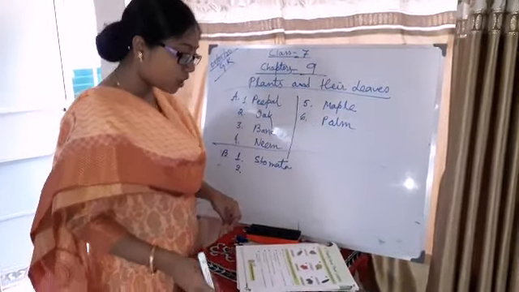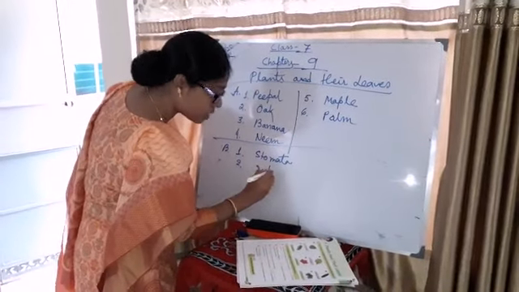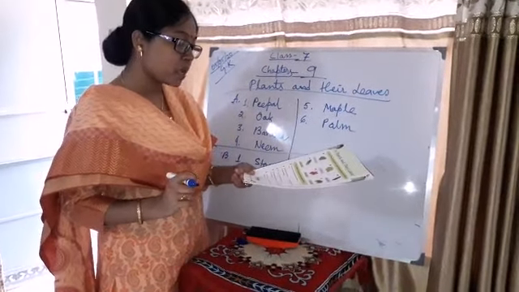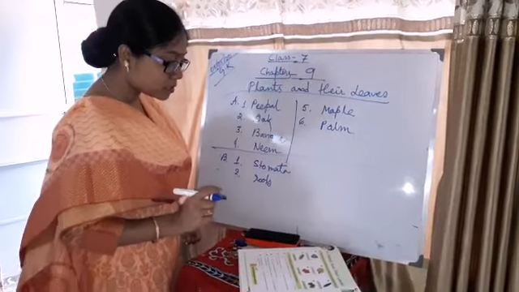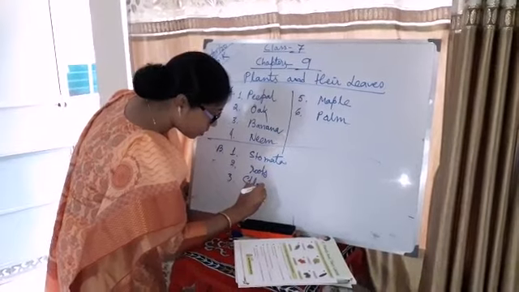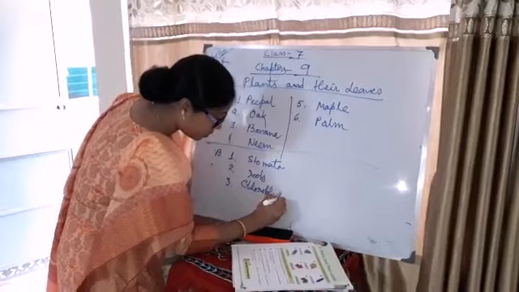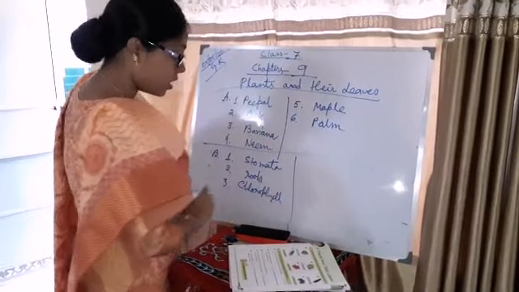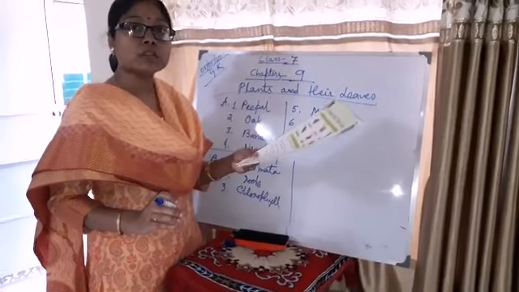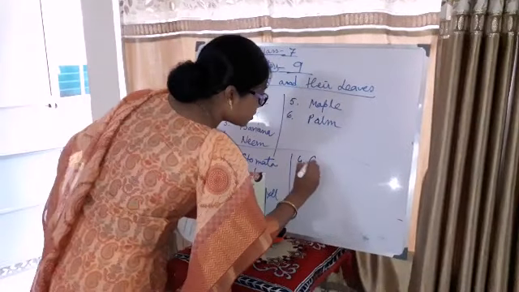Clear? Water is absorbed through the roots. We know it very well. Water is absorbed through the roots and carried to the leaves through the stems and branches. Number 3. The chlorophyll in the leaves traps the sun's energy. Number 3 will be chlorophyll. Number 4. The trapped energy is used to combine water and carbon dioxide to produce food for the plant. Okay, number 4 will be carbon dioxide.